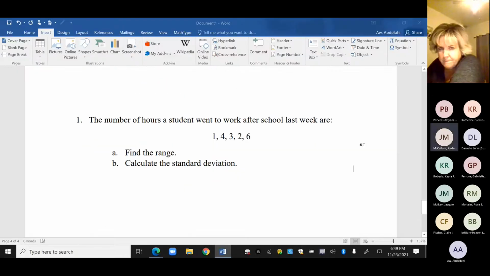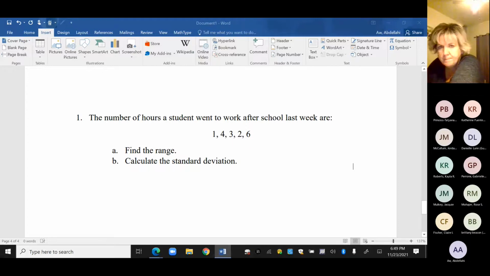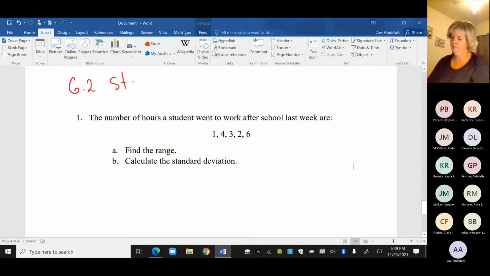Okay, that's 6.2, the standard deviation. Okay, so this is my data. It's a small amount of data, only like five of them, right? So what we do,